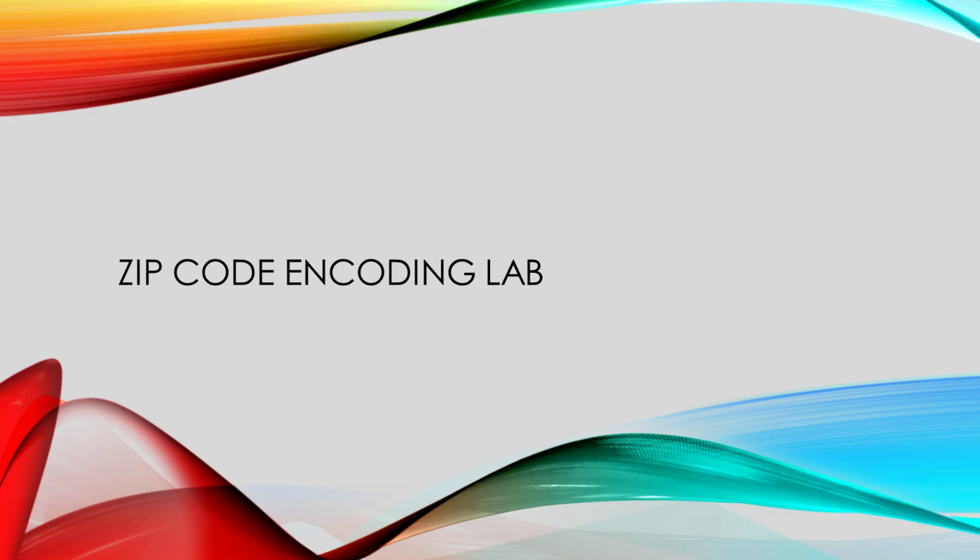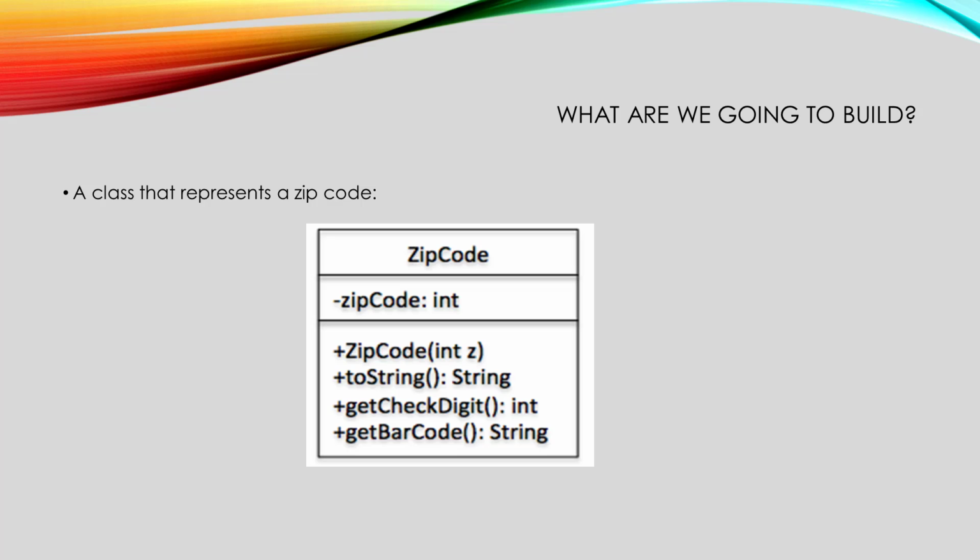The lab for this stage will put together what we know about encoding zip codes and throwing exceptions to build a class that can build the barcode for a legal zip code. We're going to build a zip code class that has one instance variable that is the zip code. When we start, that variable will just be an integer. The constructor will be given the value of the zip code, and the toString will return that number as a